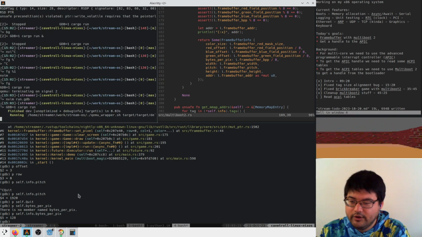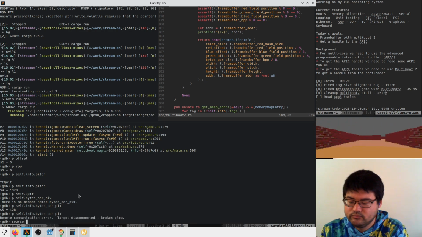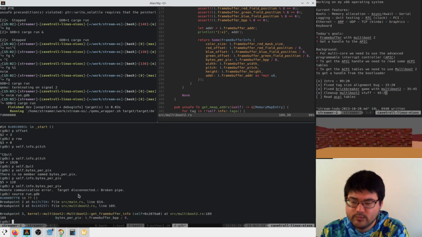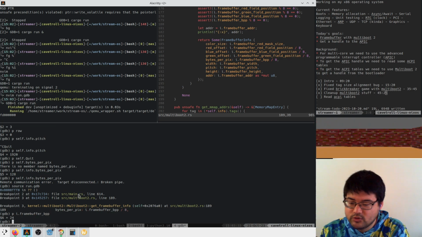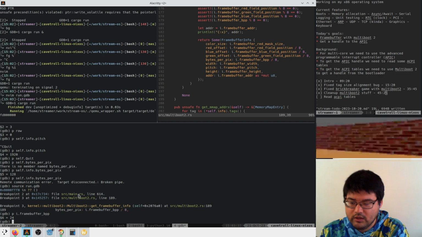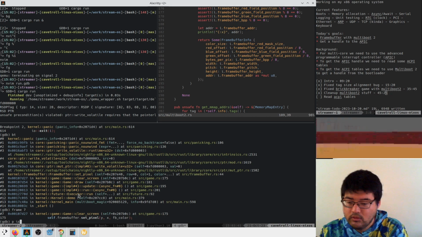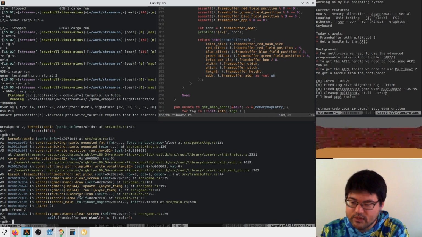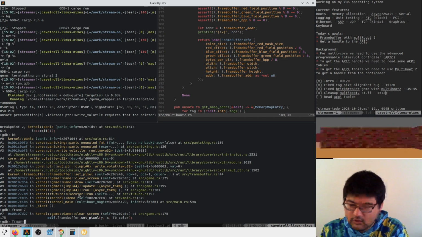So we run, we source run.gdb, we print i.framebuffer bpp 24. So that should be 3. It could be that sometimes when you get into these panic things, the stack doesn't restore itself correctly.